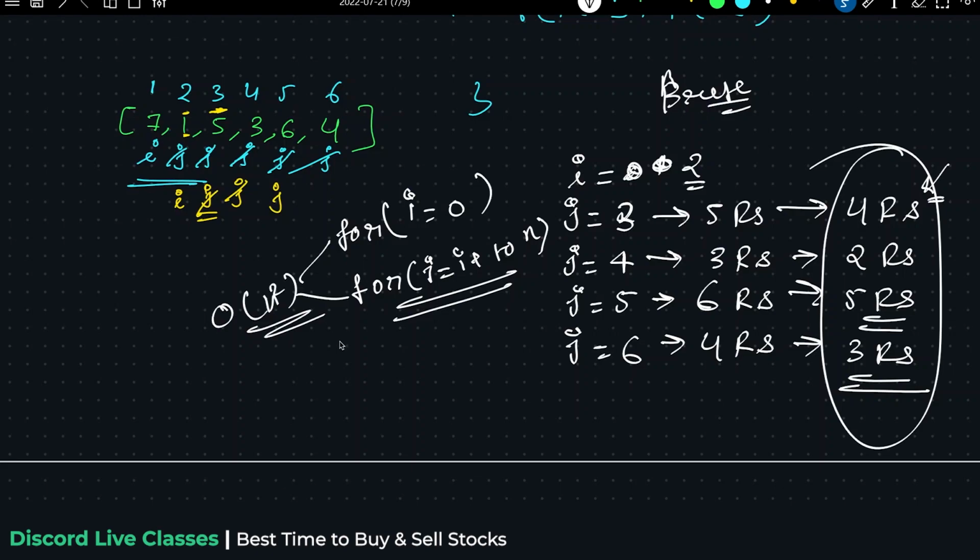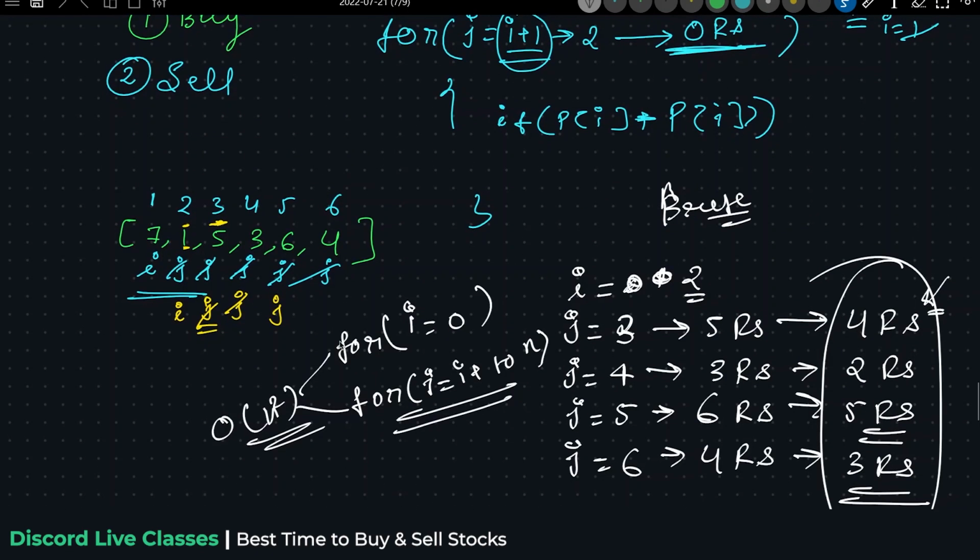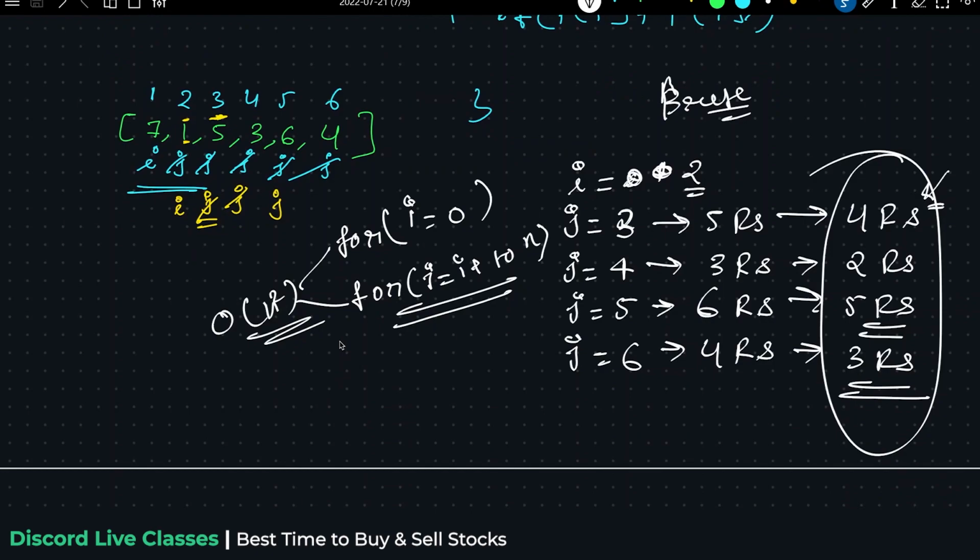Sir, yes. We can also start our i from index 1 to the length of the array, and inside the loop we can start our j from 0 to i minus 1, and consequently calculate the profit. But in the end you are using a nested loop and it will go to how much? Yes, it will also be Big O of n square. It could be another approach.